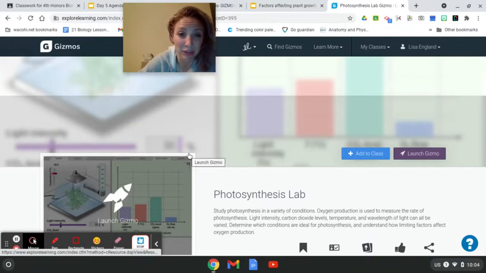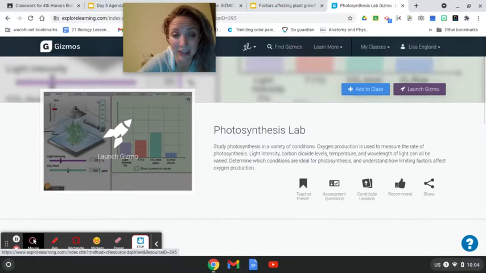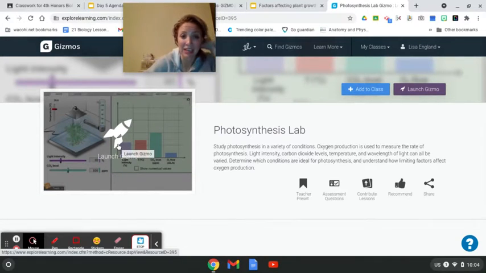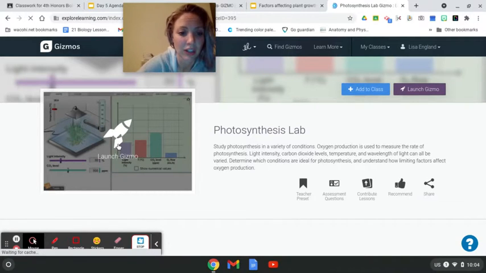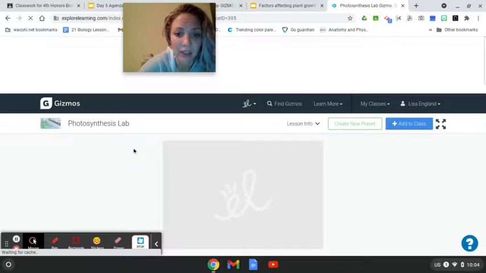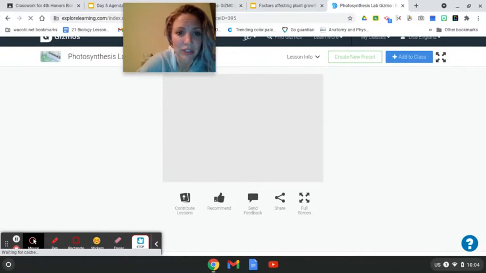So that's what I would have you do in this case because I'm not going to be there to reset your password. If neither of those 2 things are an option, you can email me. I'm at school. It's just whether or not I'll see the email in time. But this should work for you because everyone who had me, I told you to use your school login and password. So then you're going to click Launch Your Gizmo. And like I said, I'm going to demonstrate